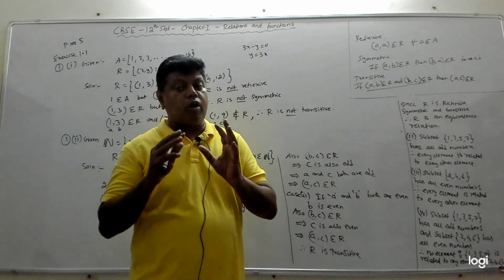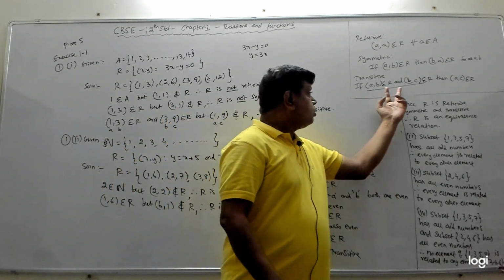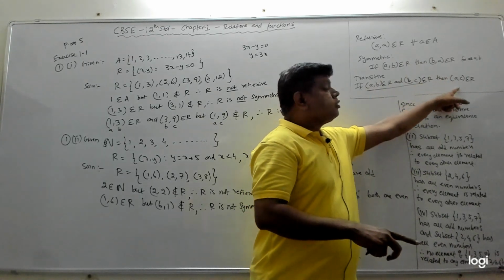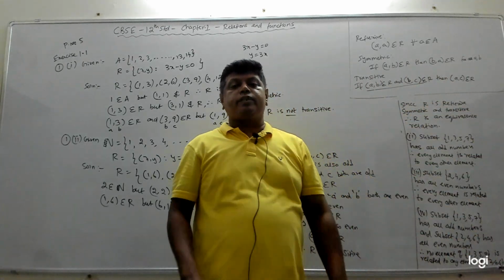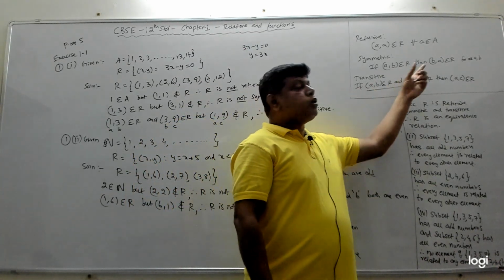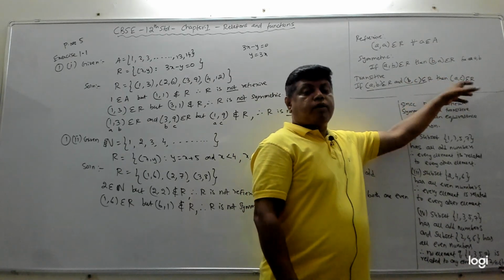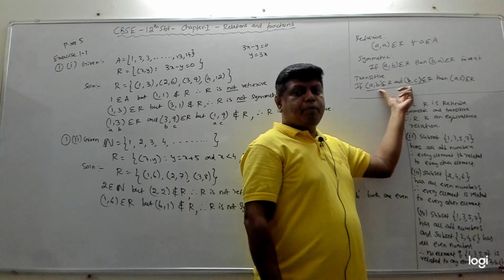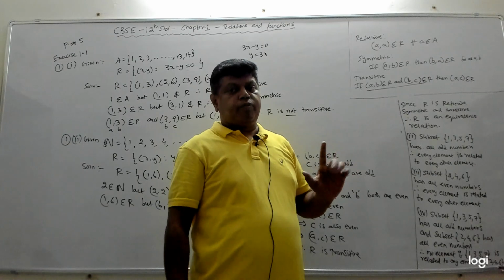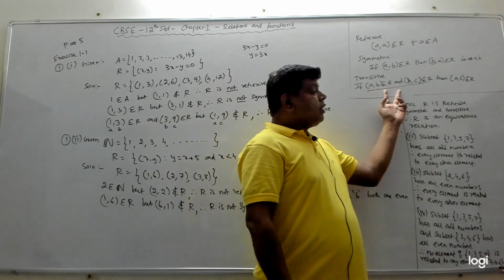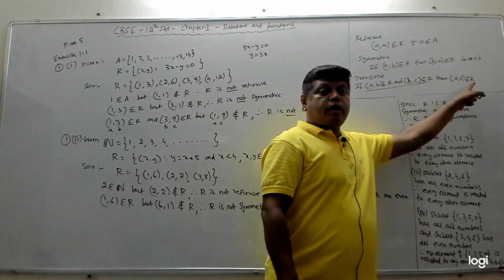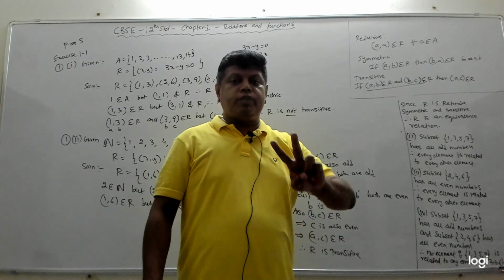The proof to say that it is not transitive, you should find two elements, and the third element, which is A comma C, should not be in R. Then you can say it is not transitive. Suppose there are three cases. One is you will be able to find these two elements like this, and A comma C is also in R. If it is true for every pair of elements like A comma B and B comma C, and you are finding A comma C in R, you can say it is transitive. That is one case. Second case is, if you are able to find these two elements, A comma B and B comma C, but A comma C is not there in R, you will say it is not transitive. So these two are very clear.